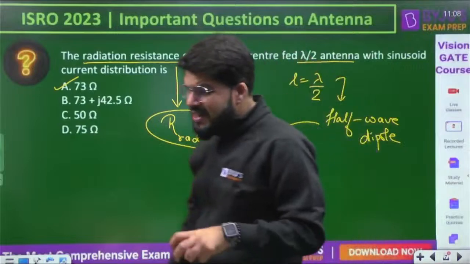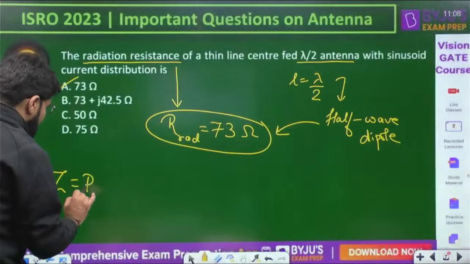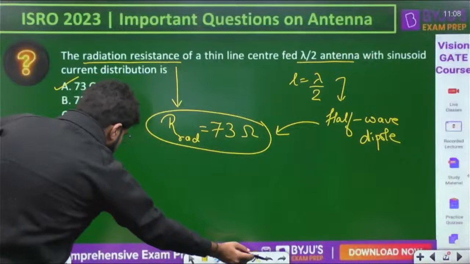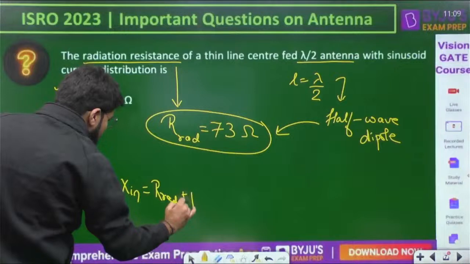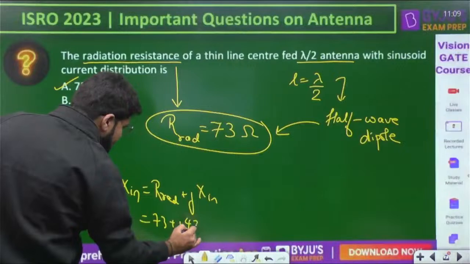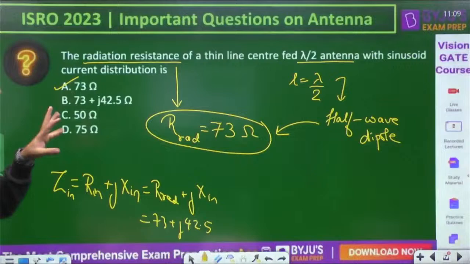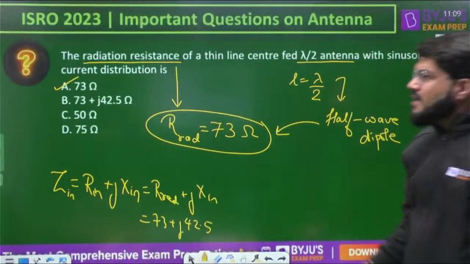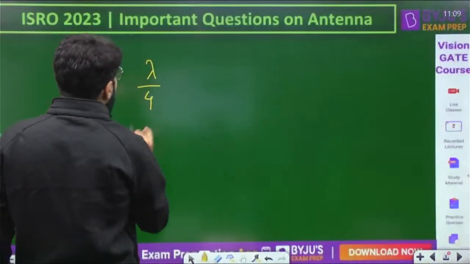If they ask the complete impedance, then the input impedance is R in plus jX in, where R in for the lossless antenna is given by R rad only, and that is 73, and X in is the calculated value 42.5. That is if they ask the complete input impedance, but if they ask only the radiation resistance, the resistance part, that is 73 ohm. Clear? Yes, Ankit Kumar. Okay, done. Now, if this is the lambda by 2 dipole, what about a lambda by 4 monopole, the quarter wave monopole?